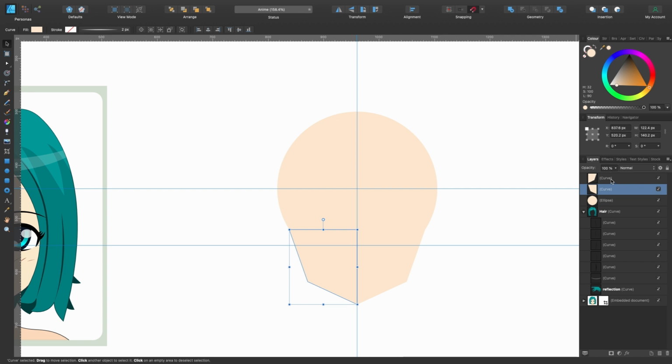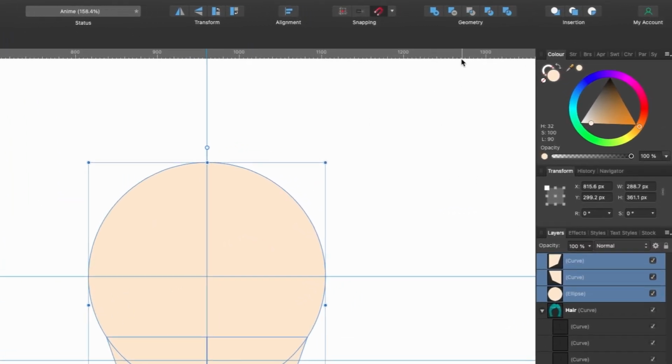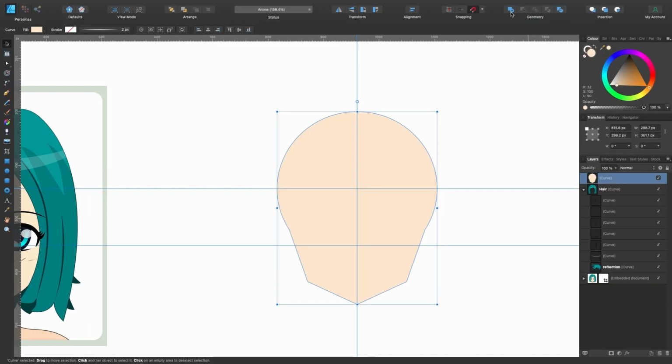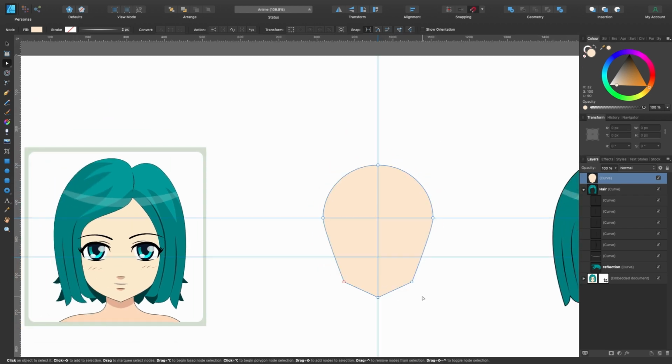So I'm going to select all of them. Go to the layers, you can select it from here. Press Shift, select the last one. They're all selected now. Now I'll go up to Geometry and press Add. And look, when I've done that, it's just one shape in the layers panel. Then I'll press A, the node tool, and I'd probably delete a couple of these. Tell you what, I'll drag over those two, delete that, and you can see it's smoothed off a little bit there.